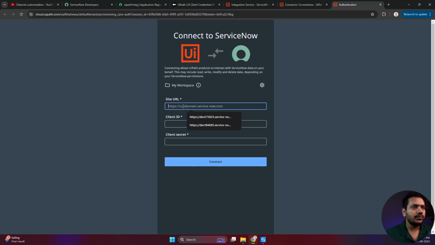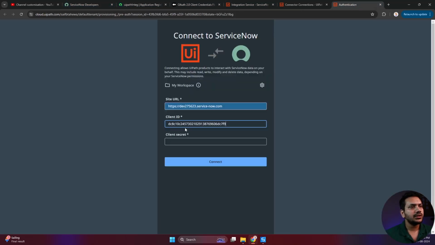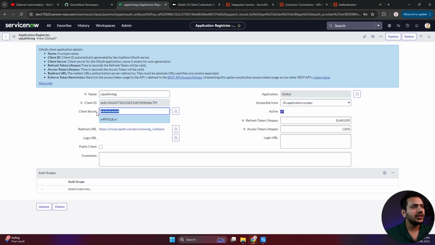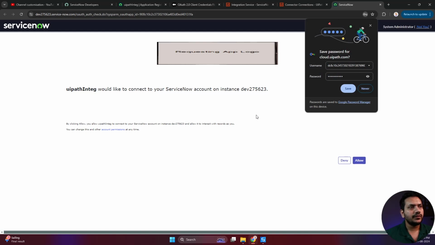I'll provide my URL for the ServiceNow instance. This is my URL. I'll provide my client ID, copy this over from here, and also provide the client secret. Okay, so once you provide all these three details, you can click on connect, and that will ask you for